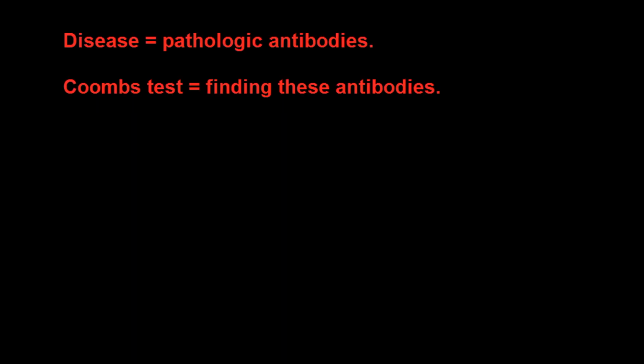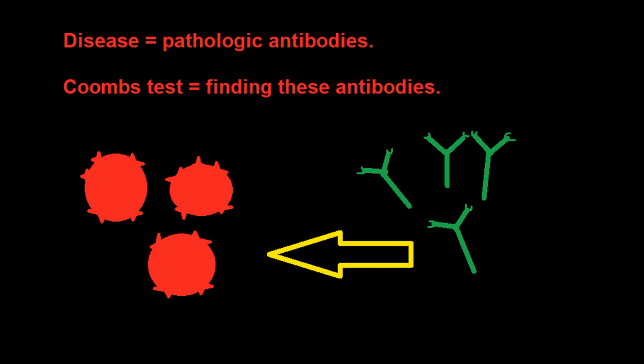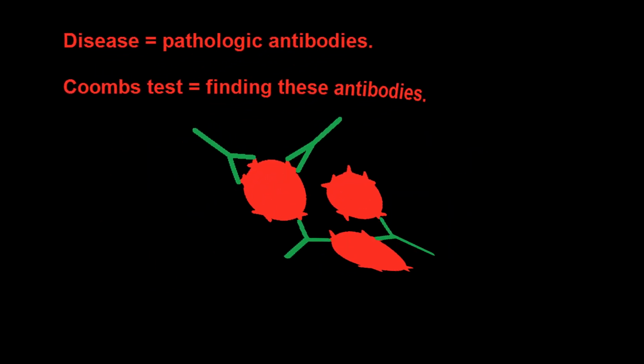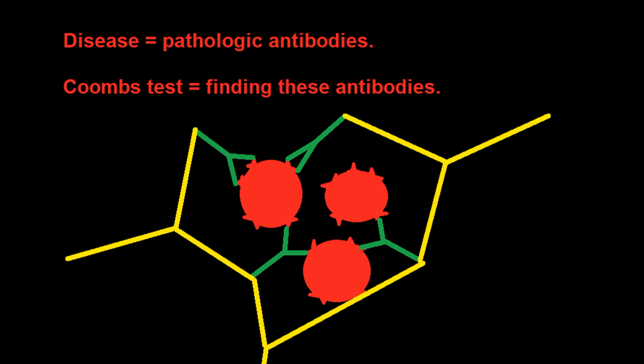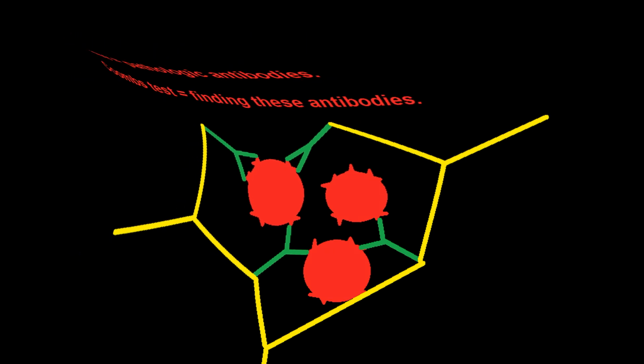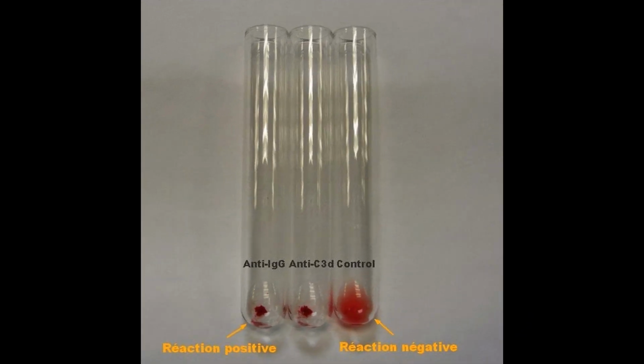Coombs test or antiglobulin test is an immunologic test which is used to screen or to prevent many immunologic diseases mediated by antibodies. By realizing the Coombs test, we try to know if there is or not in a selected serum specific antibodies that can recognize specific antigens. These antigens are on the surface of red blood cells, the binding of antibodies on antigens, and then the fixation of antibodies by anti-antibodies will make red blood cells agglutinate, creating a visible clump that will prove the presence of